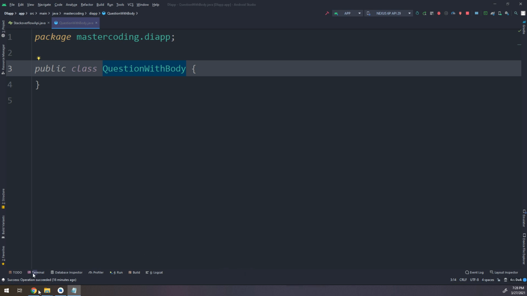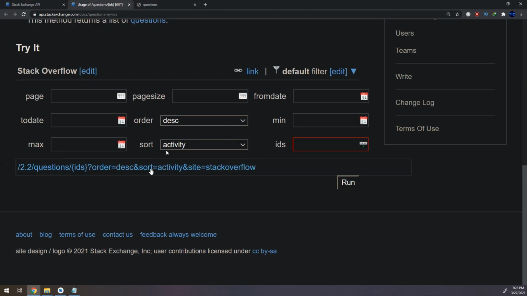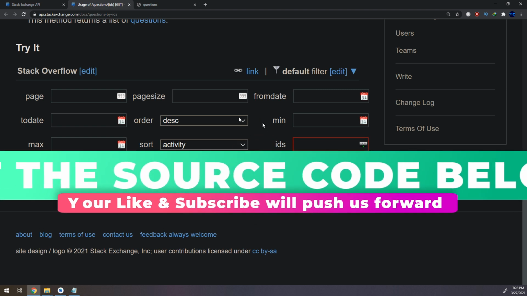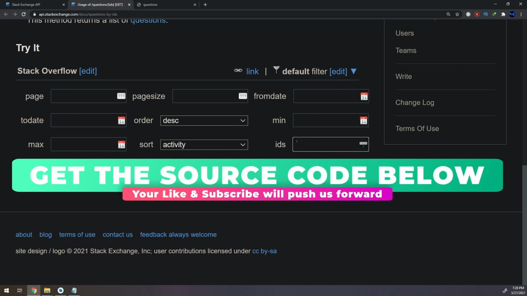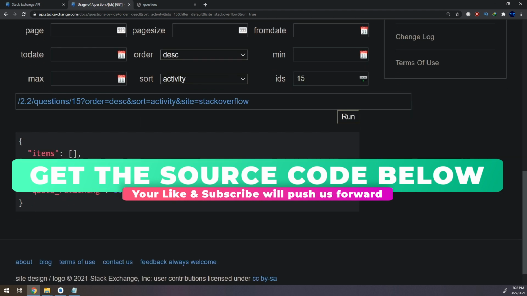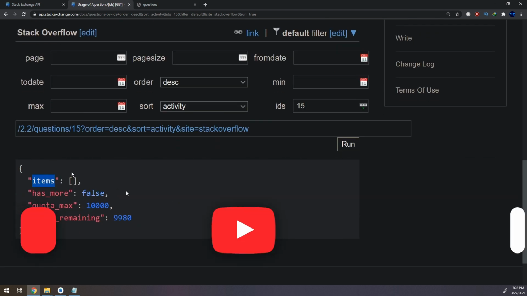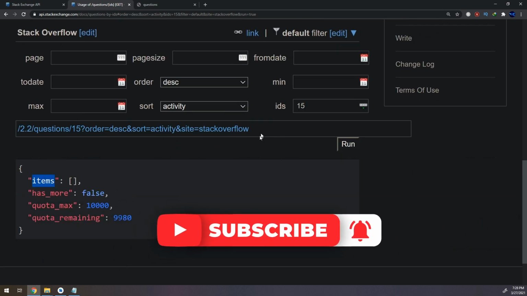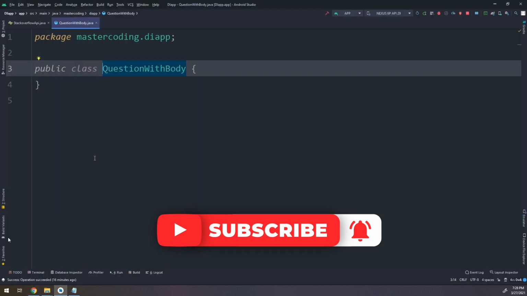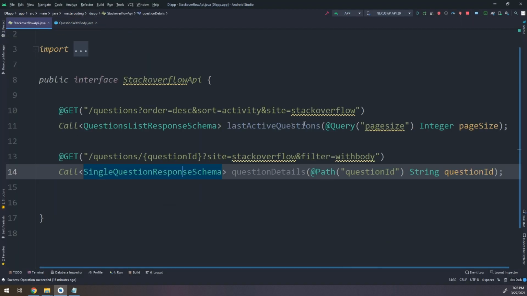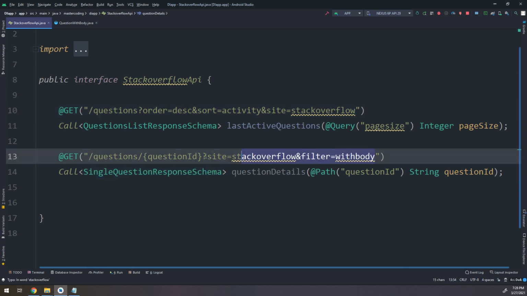So if we go back to Stack Overflow, we see, guys, that if I put here the IDs, I put 15, and it is mandatory. You see, guys, this is the item, and we need to pass also the query that we have not used in the question. I will go and copy this with body,